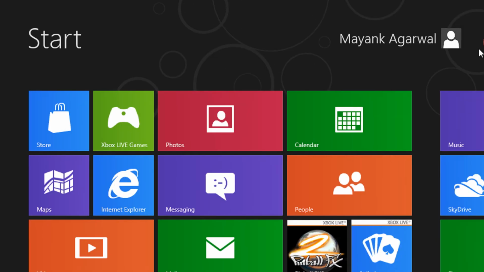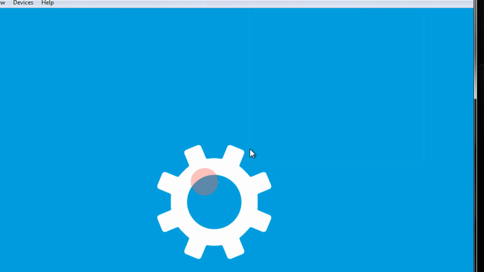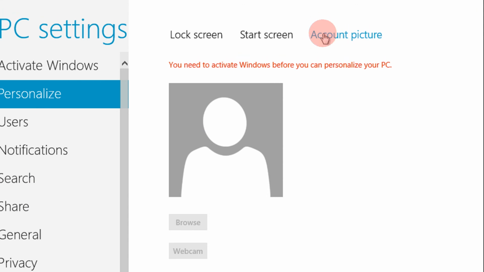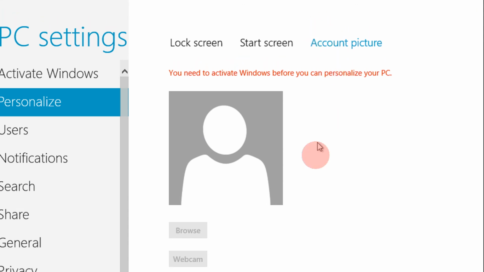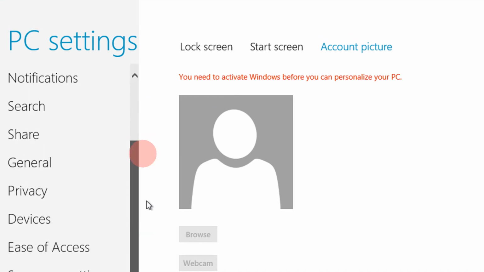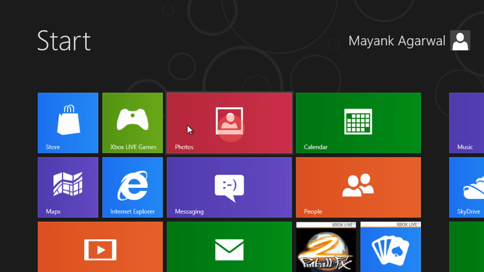So there you go, your Windows has started now. Username, you can change your account picture if you want. Let's have a test picture. Personalize. Oh, you need to activate Windows, so cannot do anything. Just close it, and here you go.